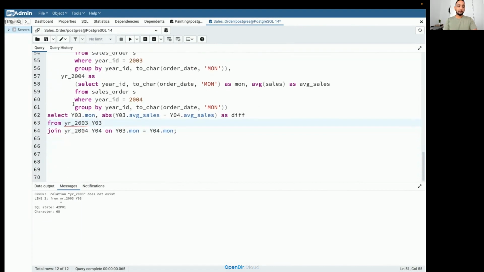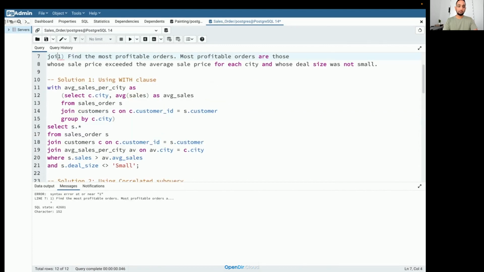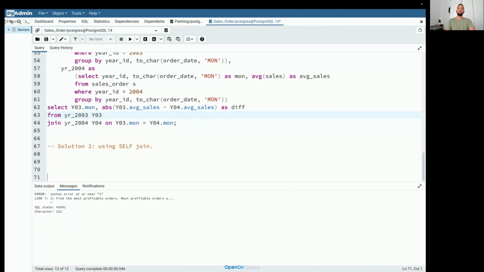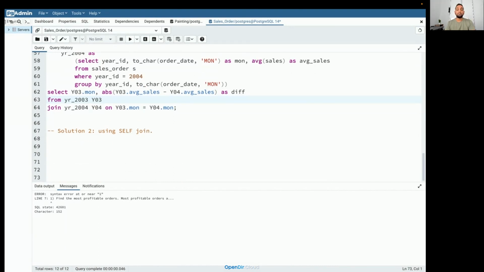Now there is another solution for this, using self join. Now the solution using self join, I'll come back to a little later, because before that